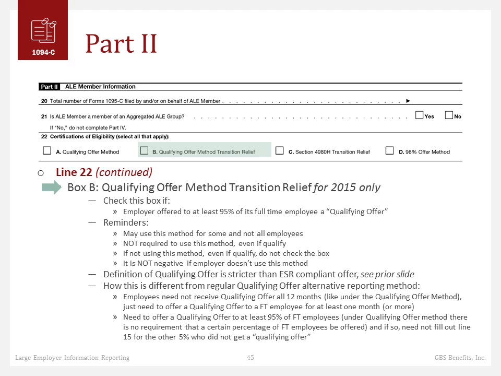And remember, if you need to remind yourself of this, you can go back to those slides in the overview, but I also have the definition listed on the prior page. How is this different from the regular qualifying offer alternative reporting method? Well, again, we discussed that on the prior slides, but just as a refresher, employees need not receive a qualifying offer for all 12 months of the calendar year like you have to under the regular qualifying offer method or